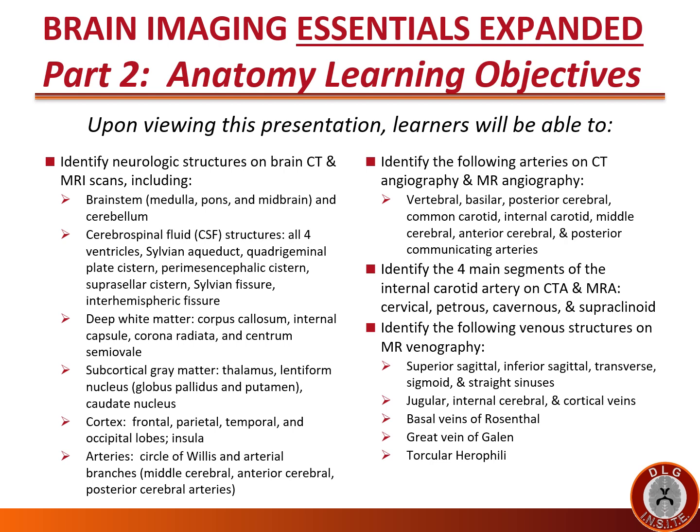In addition, learners will be able to identify the following arteries on CT angiography or MR angiography: vertebral, basilar, posterior cerebral, common carotid, internal carotid, middle cerebral, anterior cerebral, and posterior communicating arteries. Learners will be able to identify the four main segments of the internal carotid artery on CTA and MRA, the cervical, petrous, cavernous, and supraclinoid, and learners will be able to identify the following venous structures on MR venography: superior